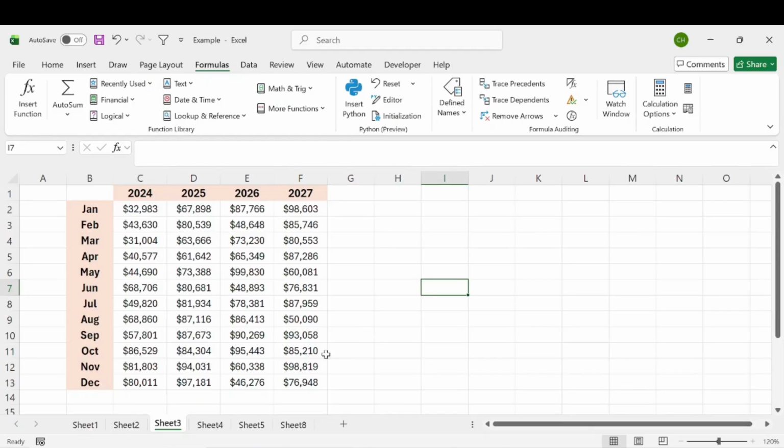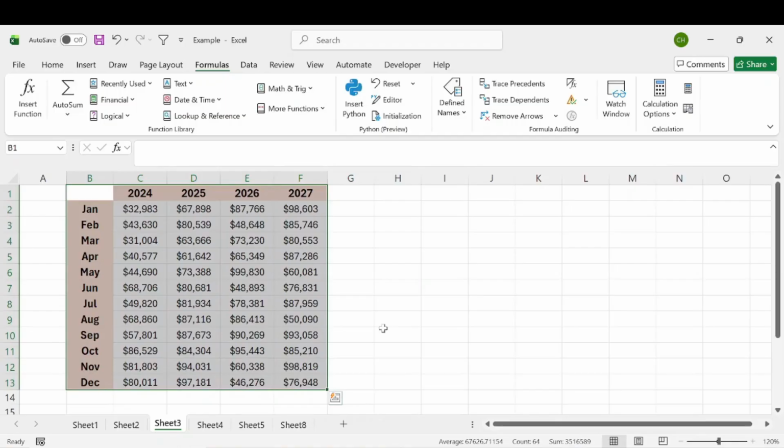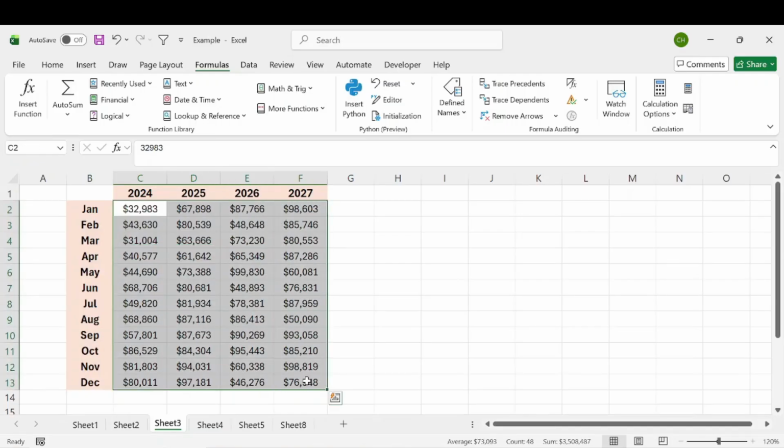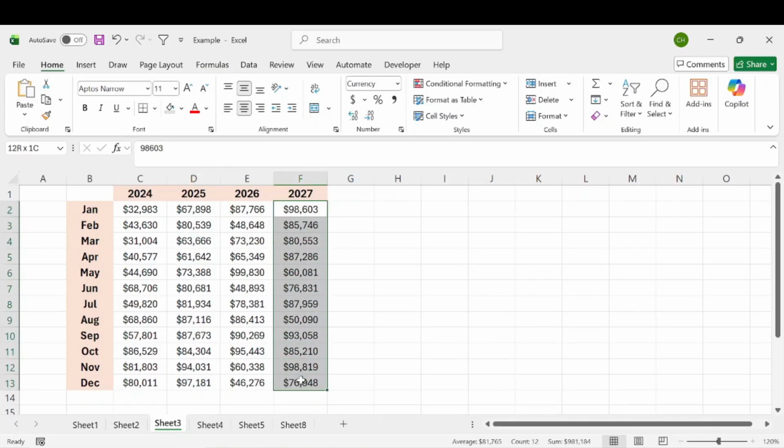All right, let's talk about how you can change the currency in Excel. So here we just have some sales data across multiple years for every single month. Now, right now all of these sales numbers are in dollars, but let's say that we want to change the type of currency that this is currently in. So let's say this last column here, we want to change all of these dollar amounts into euros or whatever